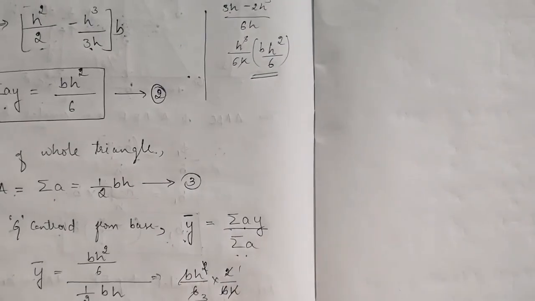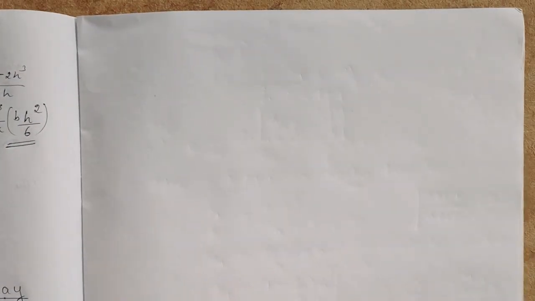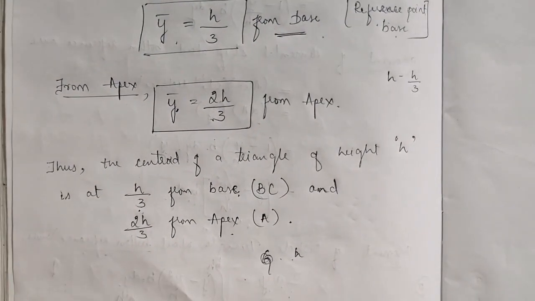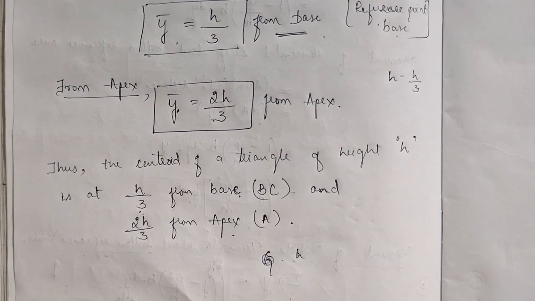Okay, now let us see another derivation. In this, more derivations are there. One derivation is sure to come in your exam, so better I will do it in the next lecture. In the next lecture I will carry out the derivation of the centroid of a semicircle, quarter circle, like that. So we will take it in the next class. Thank you.